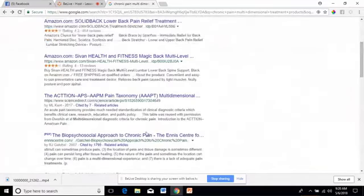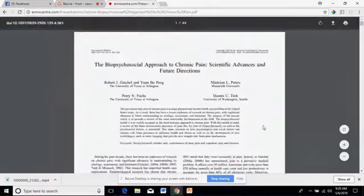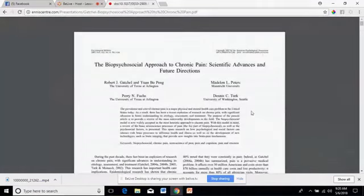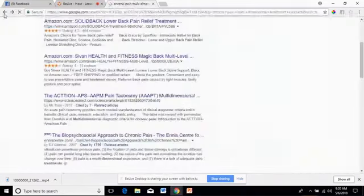Let's look at somebody's center. So I can look at what other providers are out there and what they're doing for chronic pain and how they're presenting their information. And of course, it's just a scientific journal article. So the thing about doing something technical and sciencey or medical, there's so much information that is just